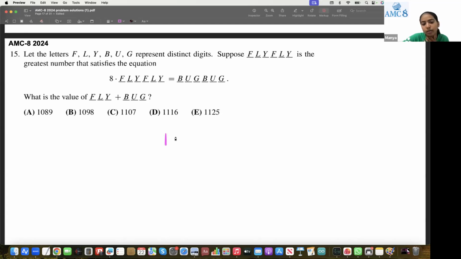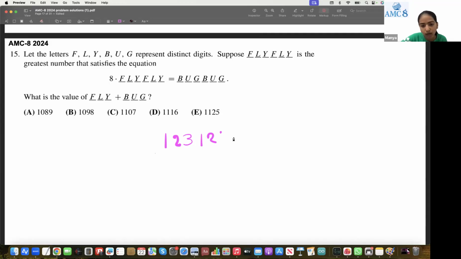So we'll just start with maybe 1, 2, 3. And we also want it to be the largest value. So 1, 2, 3. We know that F has to start with a 1 because we can't have F be 2. If we do 2, then this will not be 6 digits, it'll be 7 digits. So that's not possible. So F has to be equal to 1. And that means that L has to be equal to 2 and Y has to be equal to 3. And so